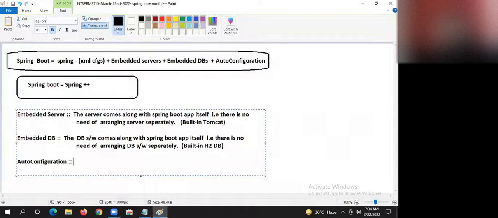Beauty of auto configuration. That means you are trying to make 100 classes Spring Beans in a Spring application manually, one by one, one by one, one by one. In that, 70 classes are ready-made classes, predefined classes given by Spring. Only 30 are yours.